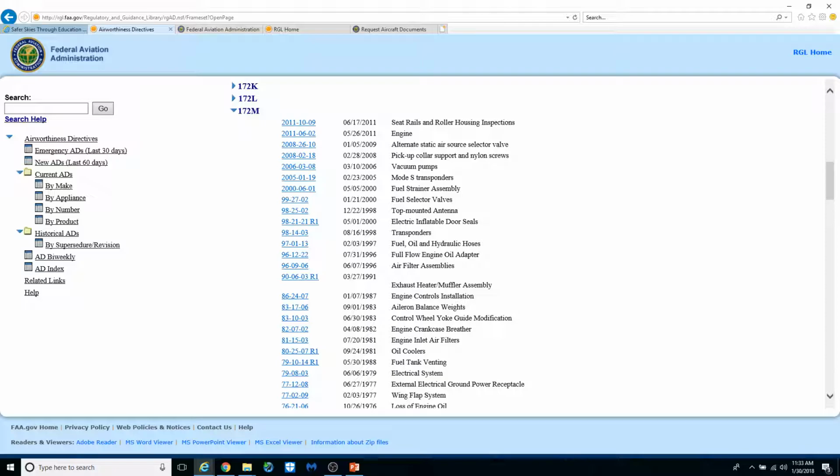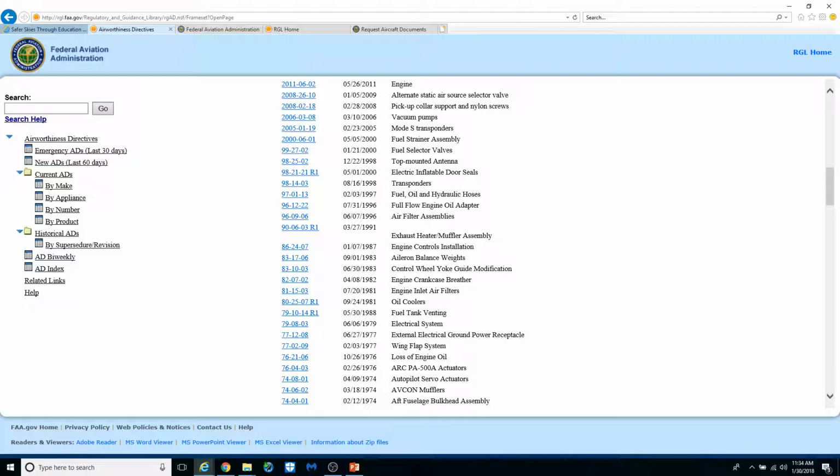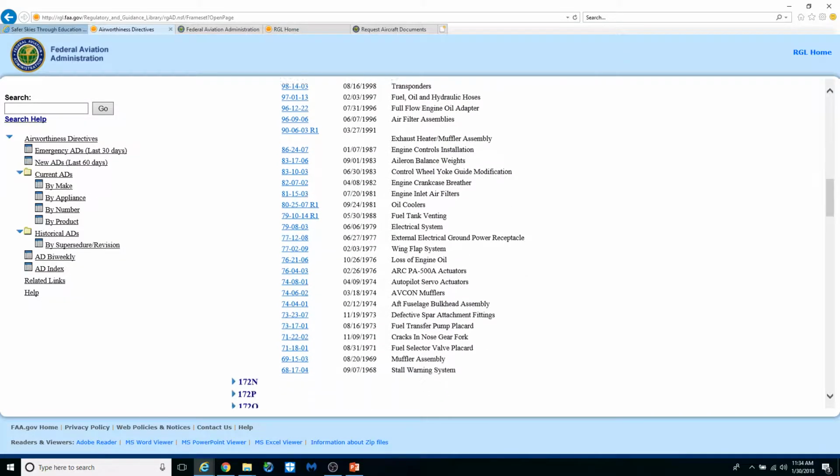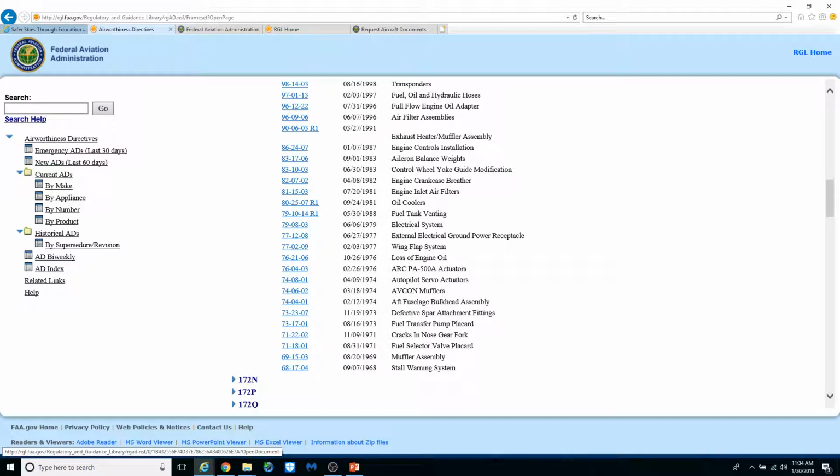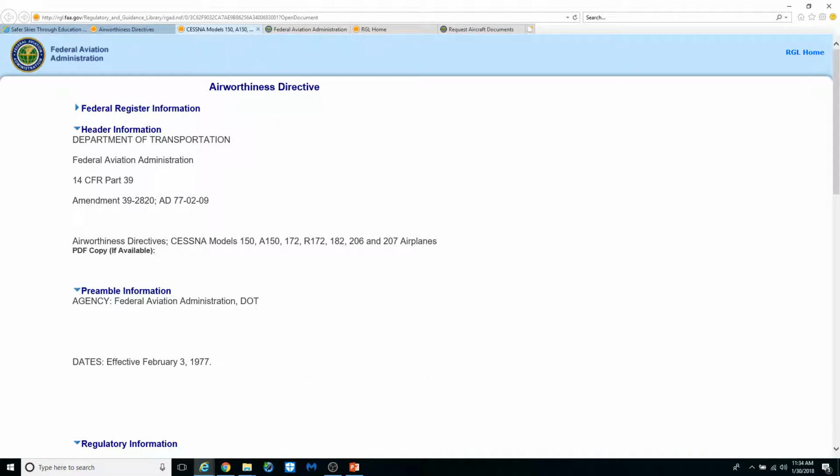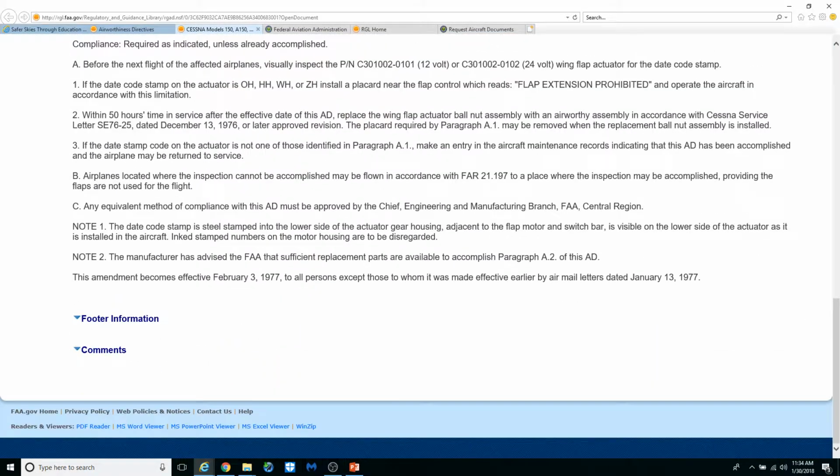So when you're looking at the AD listing, you should be able to look through here and you should find a reference point to every one of these. Even the ADs that came out before the production date of the airplane should be referenced in the AD listing, because some of these may have reverse effectivity. So anyway, if you just pick an AD, you click on it, get to the AD, you come down here,